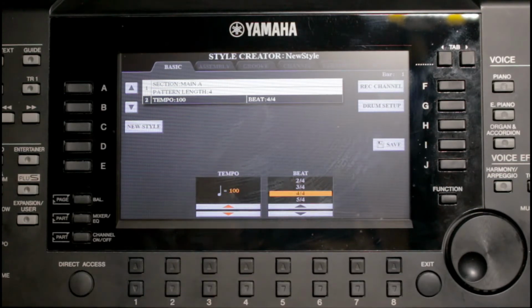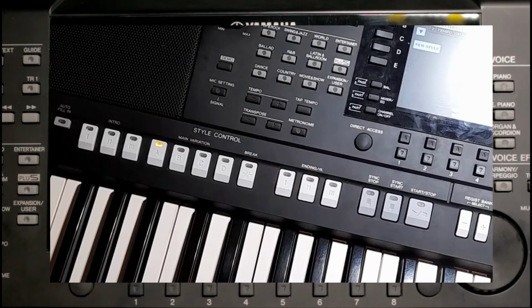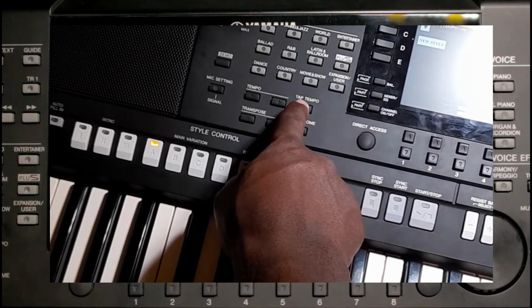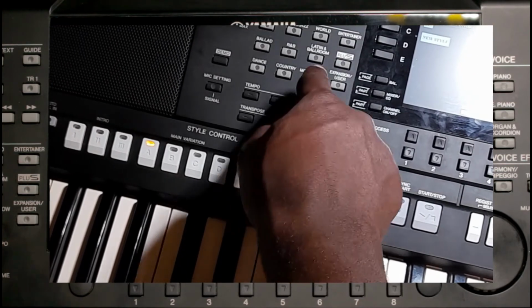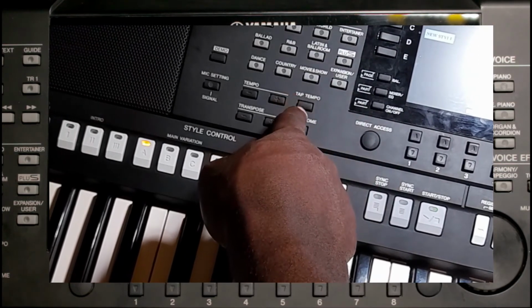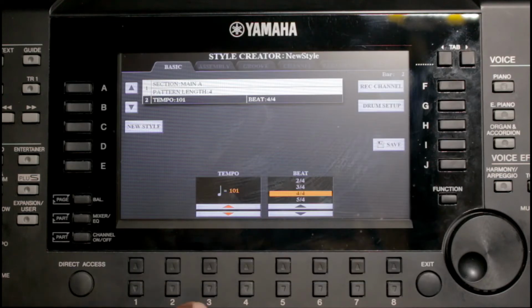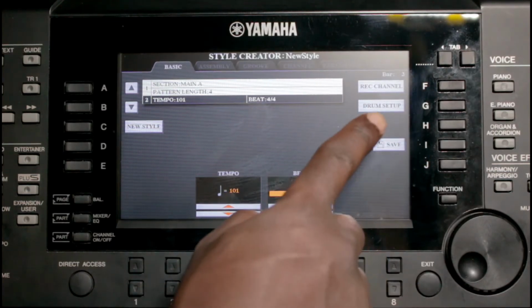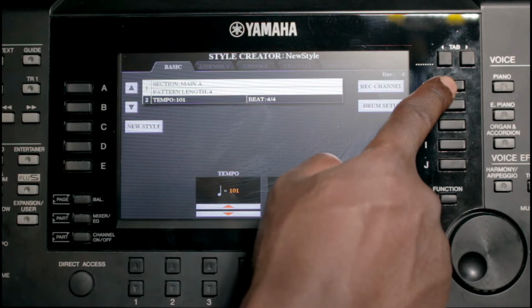So let's go with 100, just a little bit of slow SEBEN tempo. Or alternatively, you can just tap your tempo using the tap tempo here,